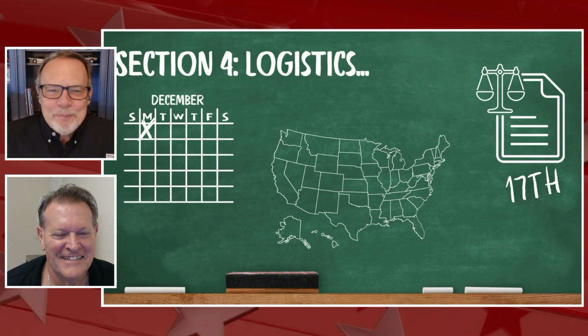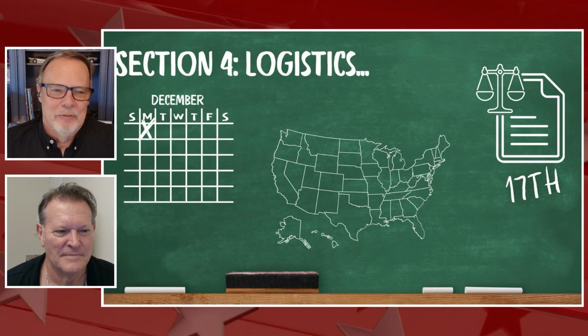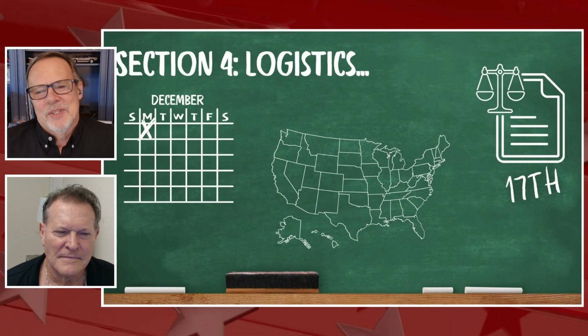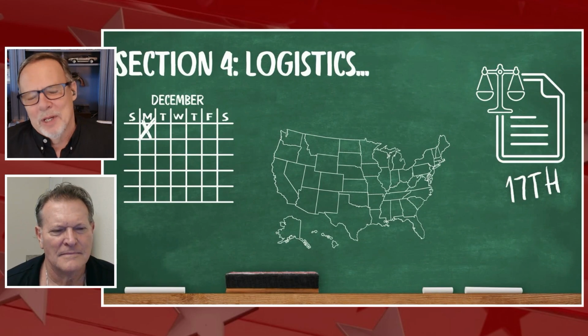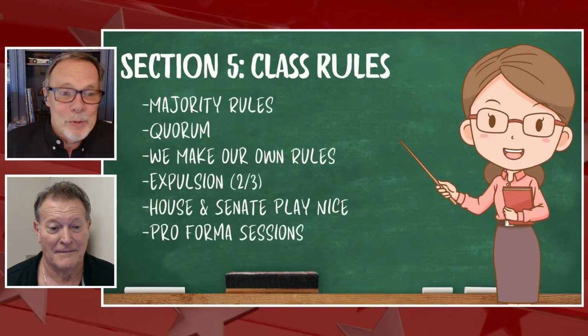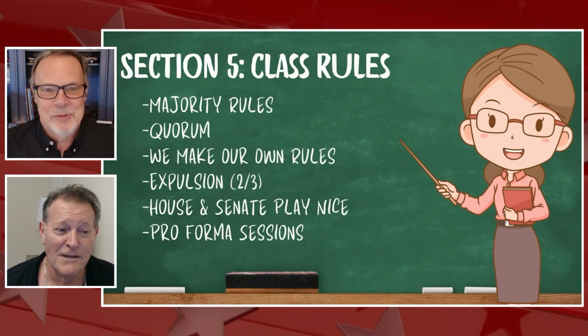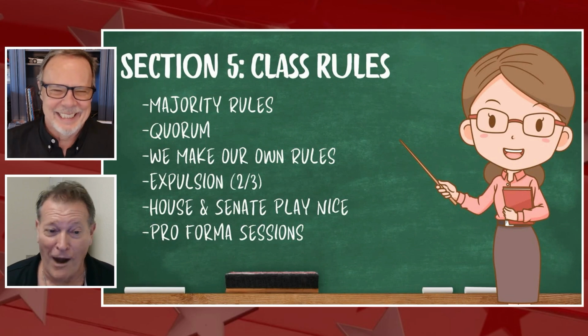So anyway, also under Section 4, it was defined that states would have control over how elections worked within their state. That kind of got standardized somewhat with the 17th Amendment going forward. Rules. You'd think there weren't any rules, wouldn't you, of how Congress is supposed to work? Why?